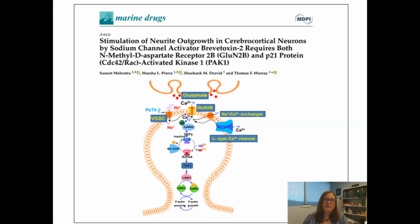And so with that voltage-gated sodium channel activator on the presynaptic neuron, that can cause a release of glutamate. It can also, on the postsynaptic neuron, cause voltage-gated sodium channels to activate, causing an influx of calcium. But with that glutamate, it can bind to your NMDA receptor here, marked as GluN2B, which causes an influx of